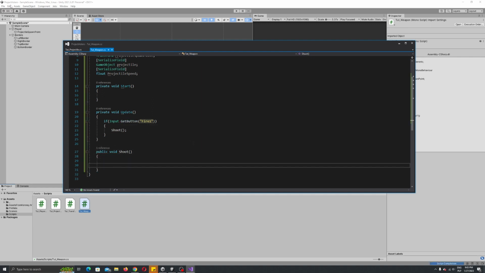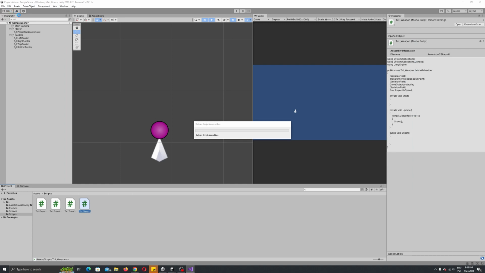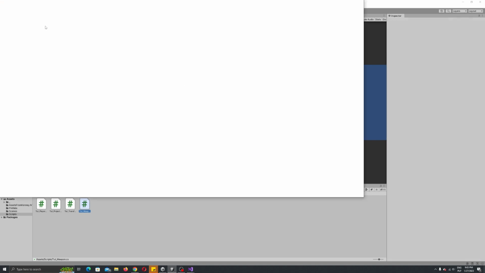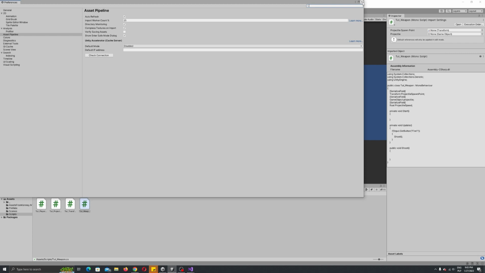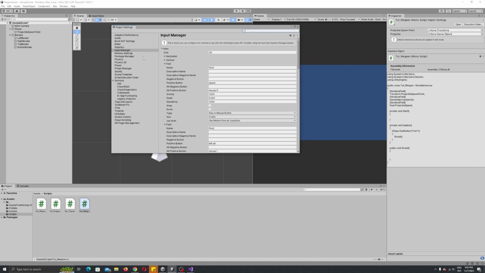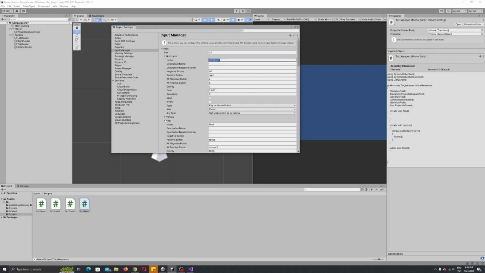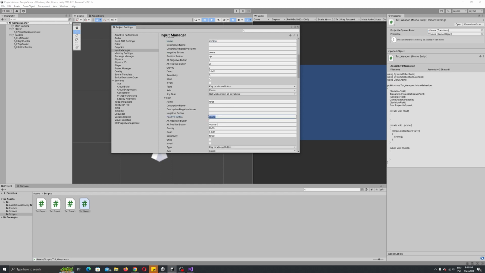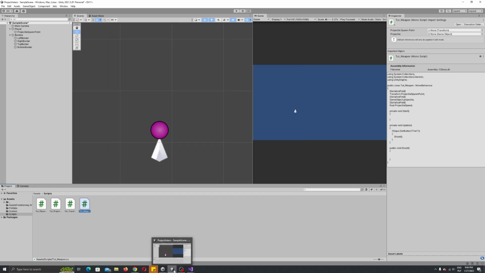So this Fire1 is here in Edit, no, sorry, not in the preferences. Edit, Project Settings, and in the Input Manager you have all the references here. In the previous tutorials we referenced these horizontal and vertical values. Now we are referencing this Fire1 value, and I have already changed this positive button. You probably have Ctrl left, but I just wrote space because I would like to shoot with the space button. Okay, so going back to our script,